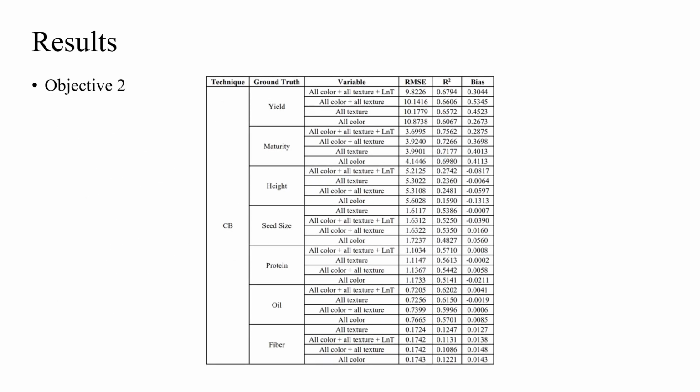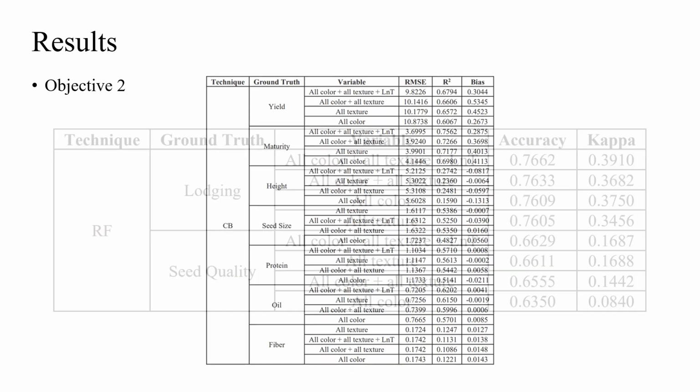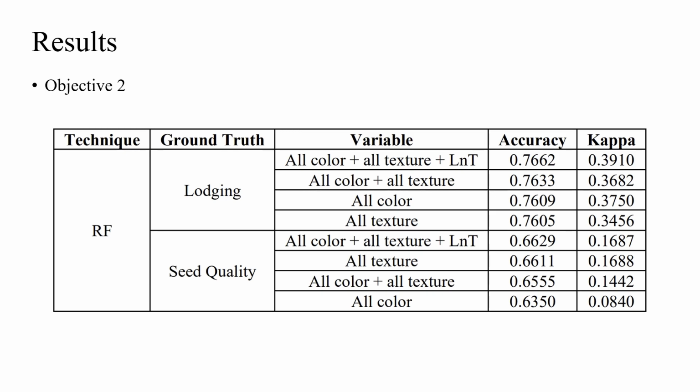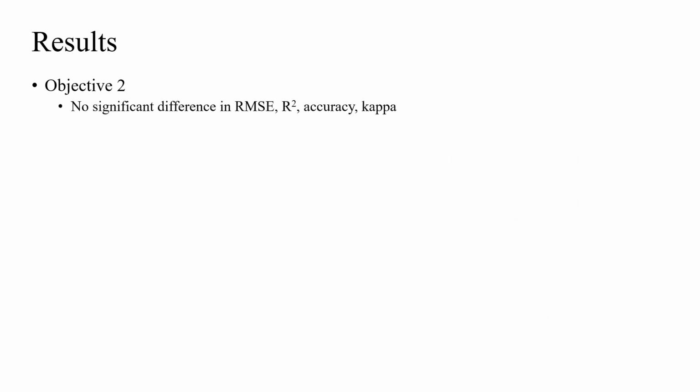For objective 2, this table shows the regression model performances using Cubist and different variable combinations for the quantitative soybean traits. And this table shows the classification model performances using random forests and different variable combinations for the qualitative soybean traits. Overall, no significant difference in terms of all the metrics was observed in between the variable combinations for most soybean traits. If we compare the worst model to the best model for all the traits, RMSE would increase by